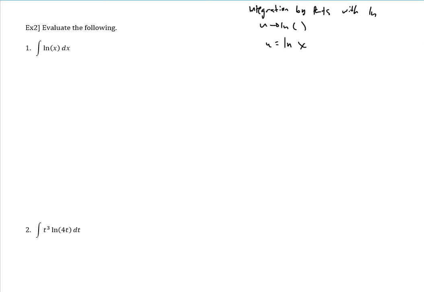And then we usually set up our dv. Our dv in this scenario is usually whatever's left over. So in this problem it would be the dx. So I'm just setting it up. Actually, let me write it like this: ln of blank, instead of just dx, it is the leftover. In this problem it was just ln of x that we had, so this is our u. And then the leftover stuff is going to be the dv. So we have u is ln of x, dv is dx,